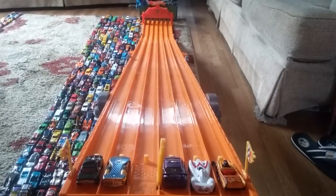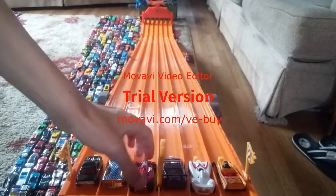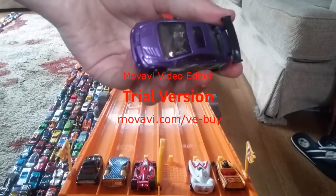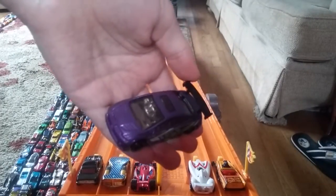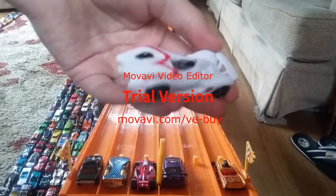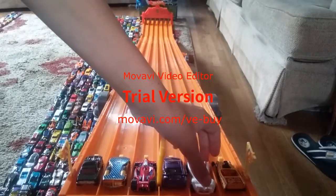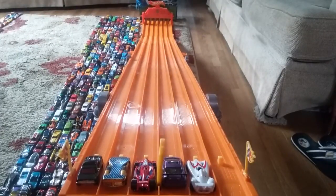Anyway. In lane 3, we have Winning Formula. In lane 4, we have a Honda Civic Si, or SI, however we like to call it. 2006 Honda Civic SI. In lane 5, we have the Mach 6 from Speed Racer. And no, I'm not going to put that in lane 6. Staying in lane 5. In lane 6, we have...